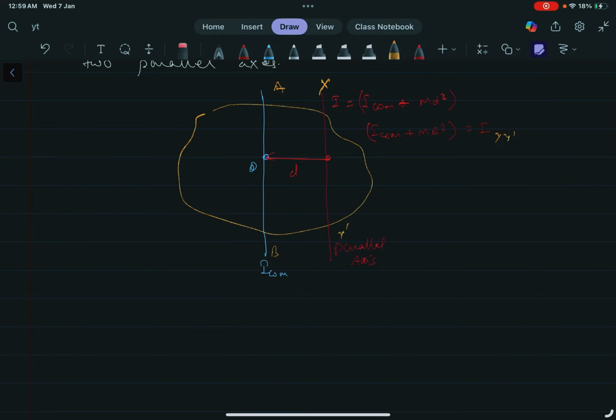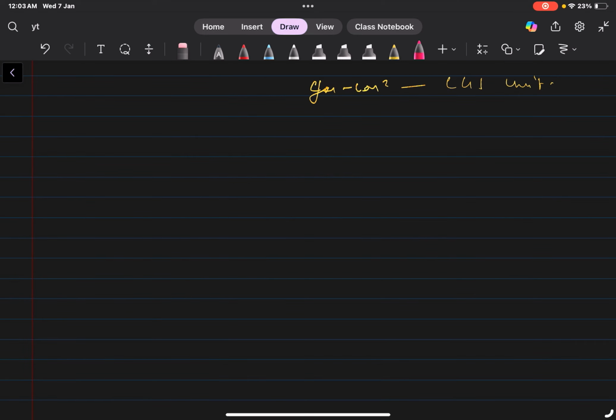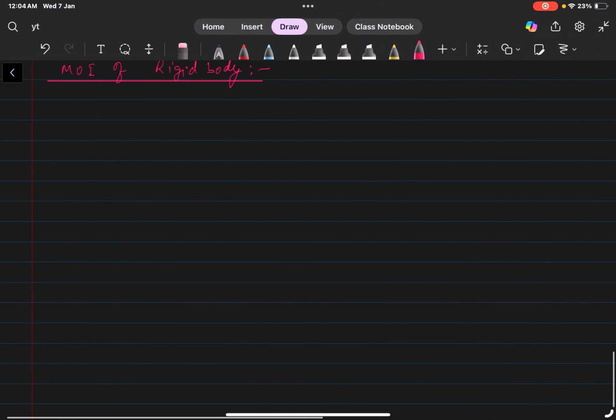Now it's time to use both theorems and try to solve some problems. First of all I am discussing the moment of inertia of a rigid body. First we are discussing the definition, that is,